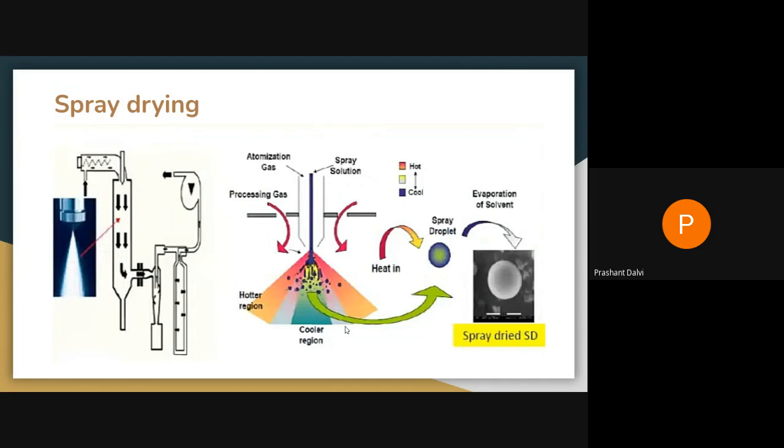The heat penetrates the fine spray droplets, followed by evaporation of the solvent, and then you get the spray dried particles, the solid dispersion. And then you can subject this particle to